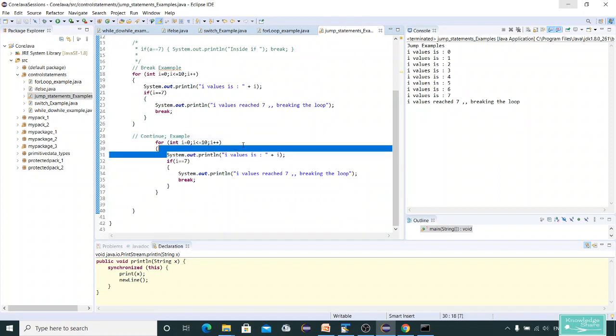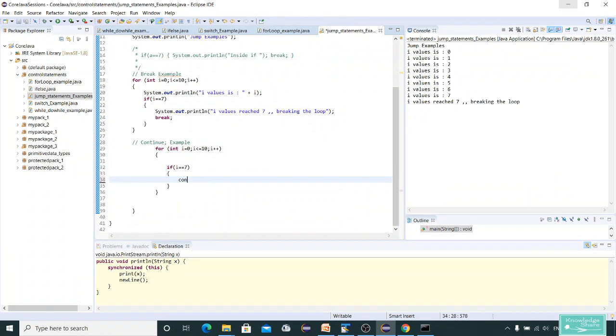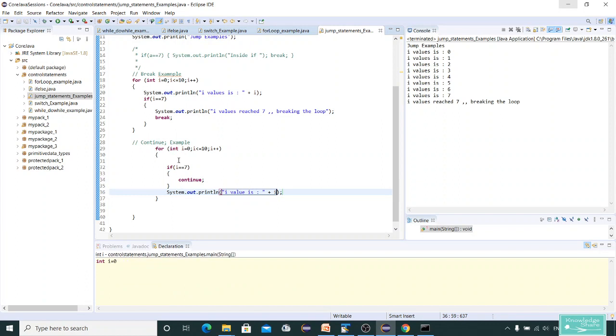Now I'll not use break, I'll use continue, and I'll have system.out.println, i value is plus i. Let's first see the output, what it is printing.